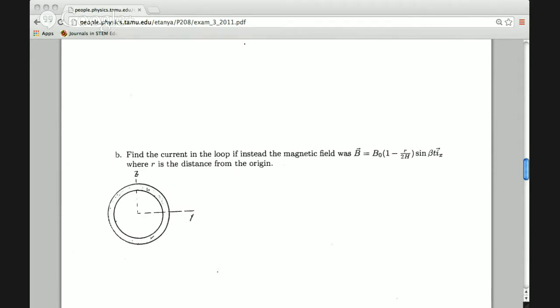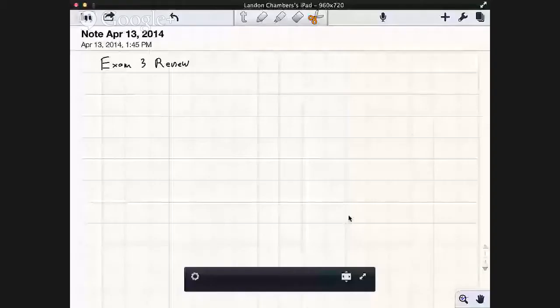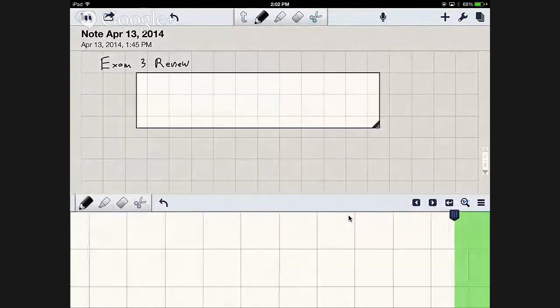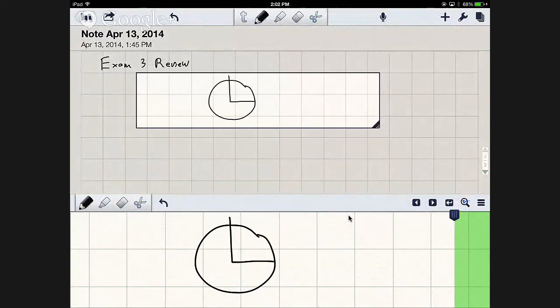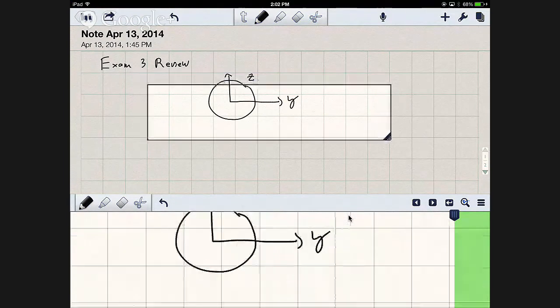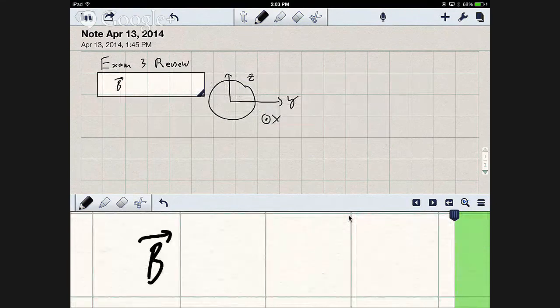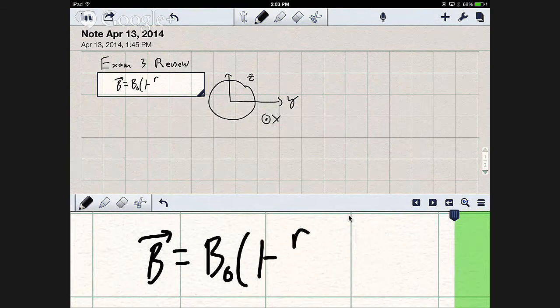Right now I'm just pulling up the iPad display so we can work from that. All right, let me draw a quick picture just to get an idea. We've got a circle. We have the z-axis up this way, the y-axis out here, and then x is coming out. And we have the magnetic field as a function of r from the origin. So B is equal to B0 times